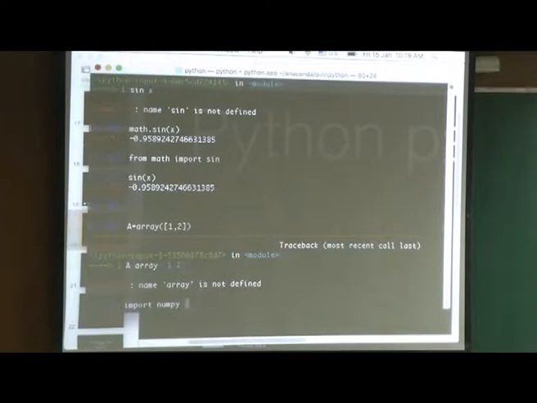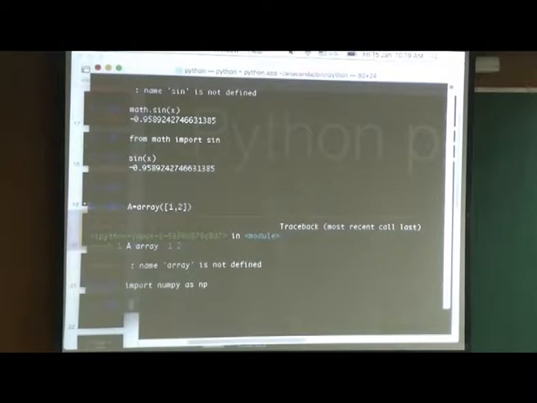Numpy is a long word. Sometimes the names of the packages are very long, so I want to make a short acronym. It's usual to import as, so you don't have to say numpy dot. We use np as shorthand. Now the numpy name has been renamed to np.